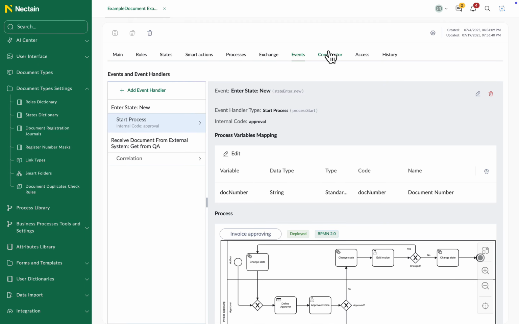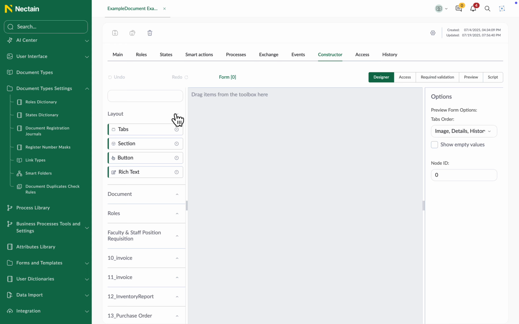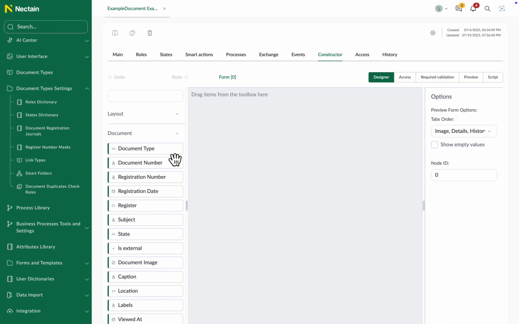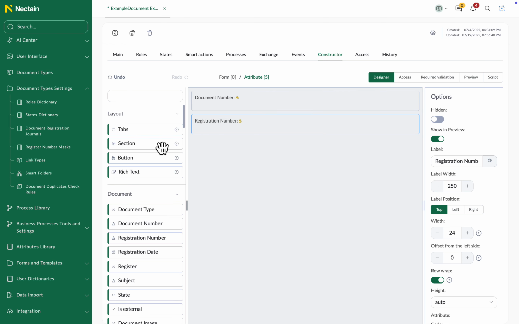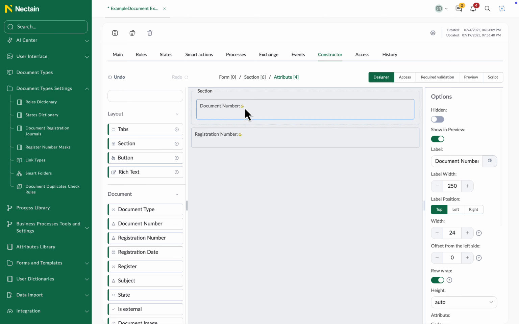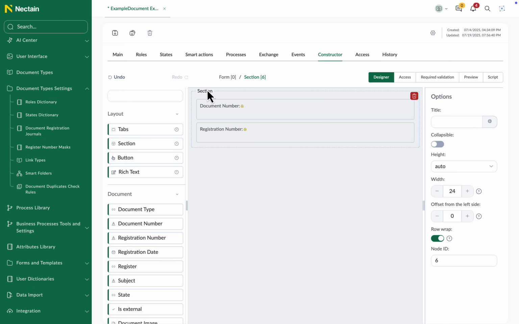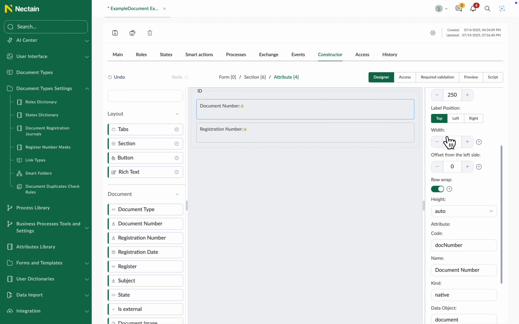The Designer tab allows you to build the visual form used for entering and editing document data. On the left, you'll see available attributes grouped by folders. Drag and drop attributes onto the form. Use layout elements such as tabs and sections to organize content. Each field on the form has customizable settings, including label name and position, width and height, placeholder text, default values,